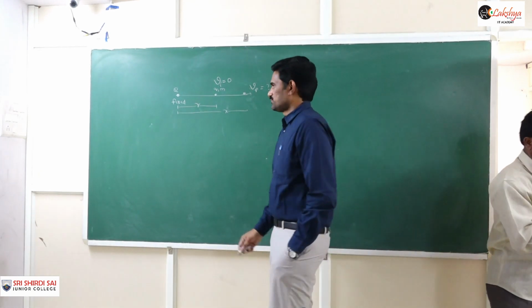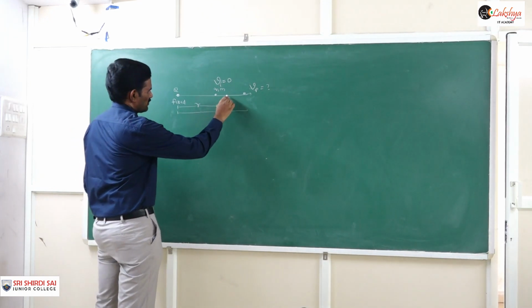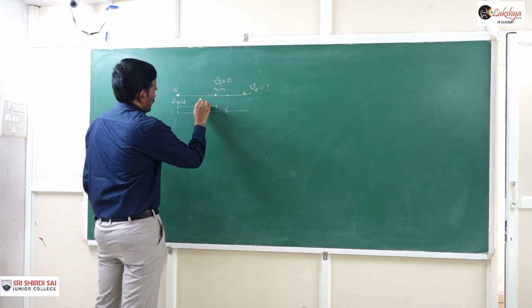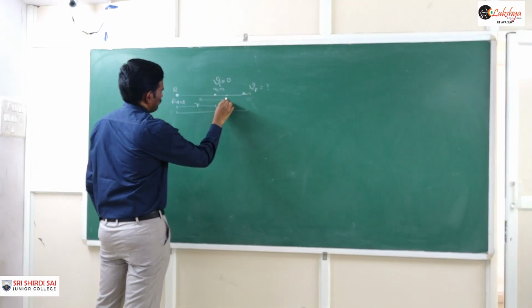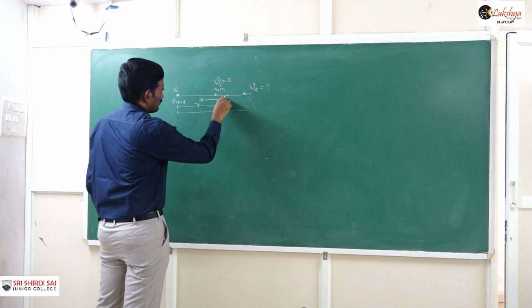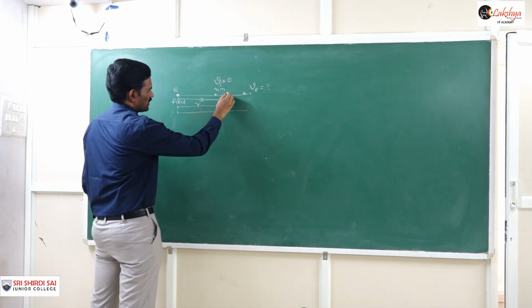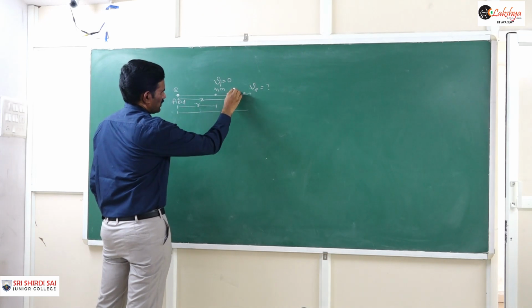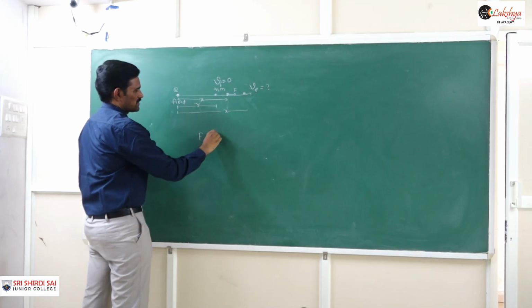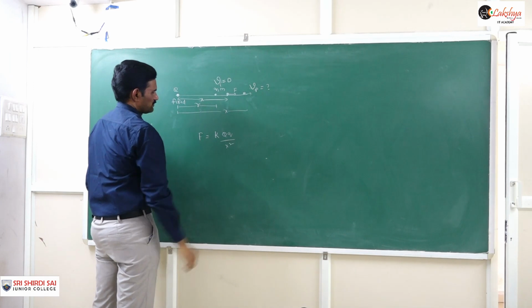For that, you can simply consider the force acting on it when it is at some intermediate distance here. I am taking that intermediate distance as x, so we can finally take that limit as x. When it is here, I am writing the force acting on this. There will be some repulsive force F acting on this particle, which we can write as K into capital Q into small q by x square.